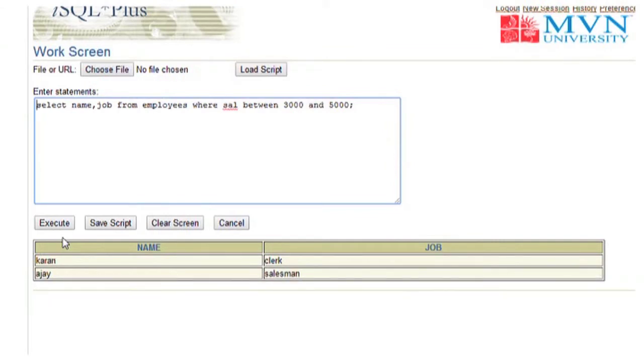Let us discuss the next operator. The next operator is EXISTS. This operator is used with correlated subqueries.